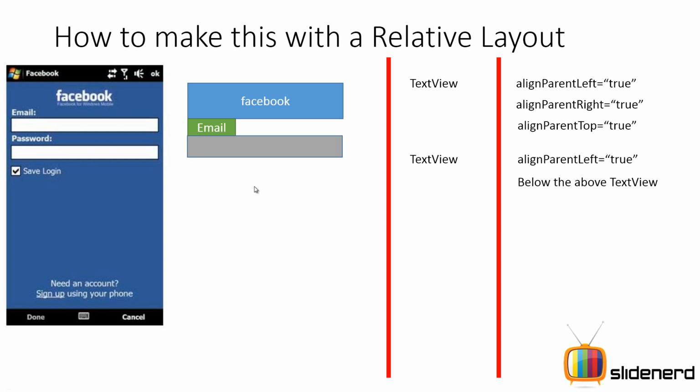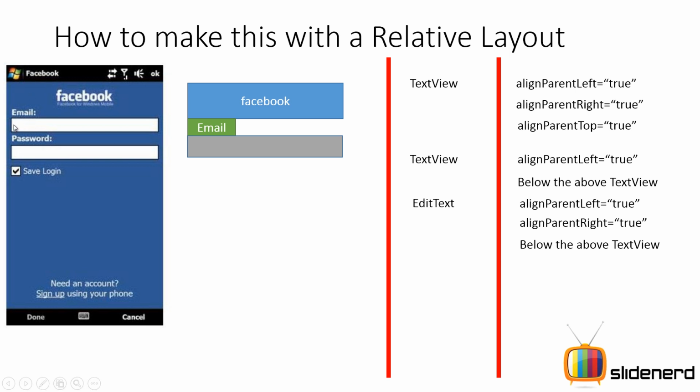Next, we have the edit text right below the email, which looks pretty simple. Again, left is true, right is true, because remember, the edit text is stretched all the way. Now if you can see some gaps over here, that's only because of the margins applied. Otherwise it's stretched all the way, right? And it's again below this email text. All right, and then you have the password, which is again another text view, same as this, left is true, and it's below our edit text, and ultimately another edit text right below with the